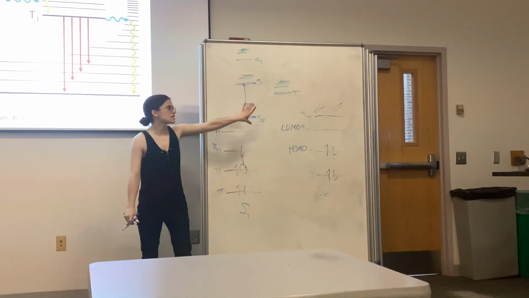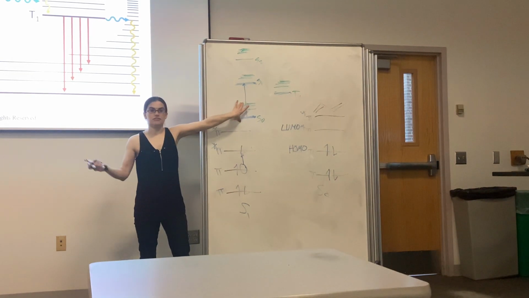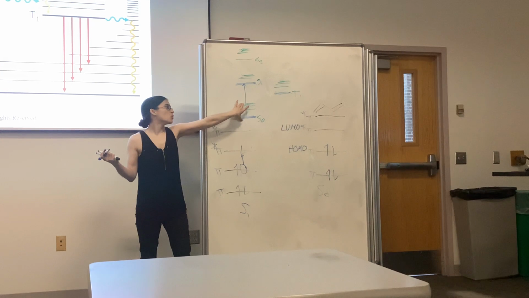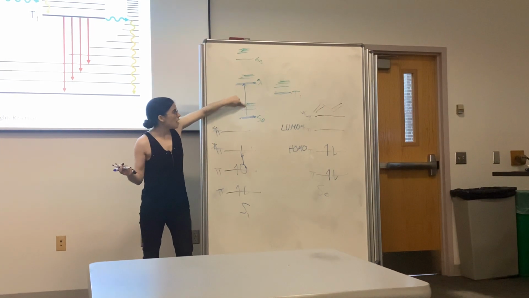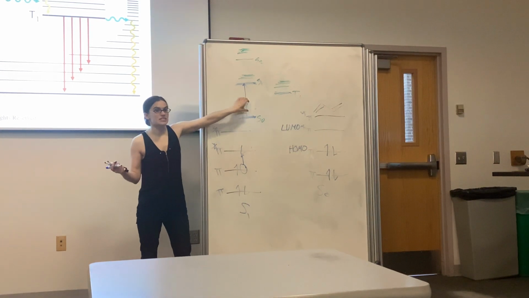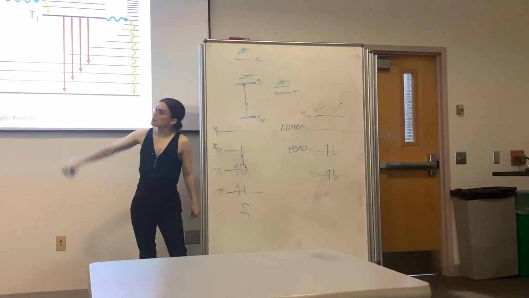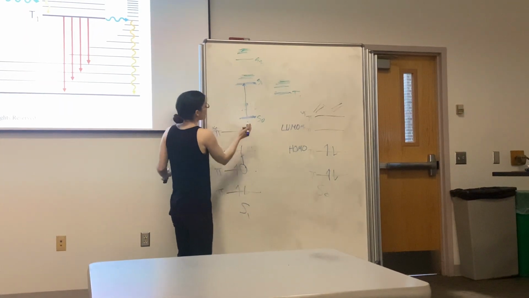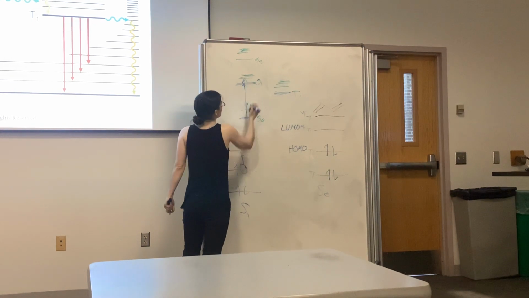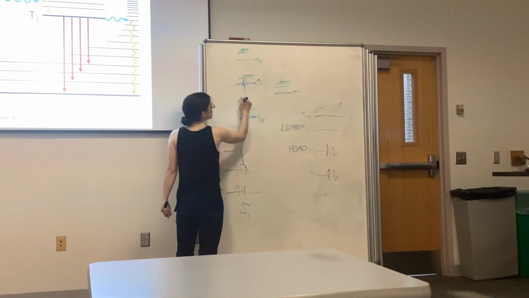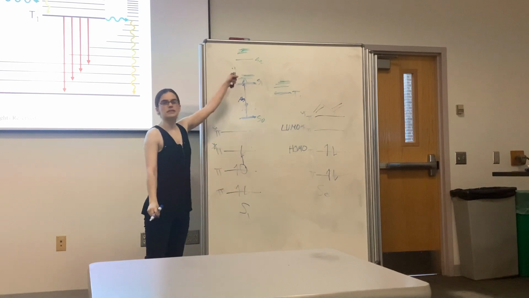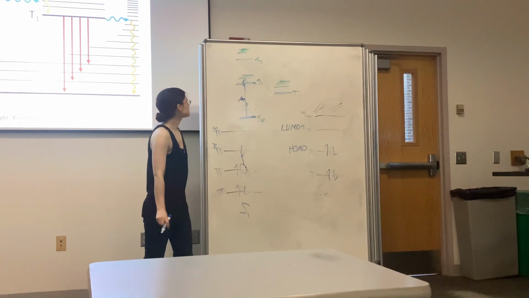So this is why we get broadband in UV-Vis. We don't actually have to care about these guys. I just draw them in so that we can see the reason we've got that band broadening. So when we shine light, we do absorption, and we go up here, and